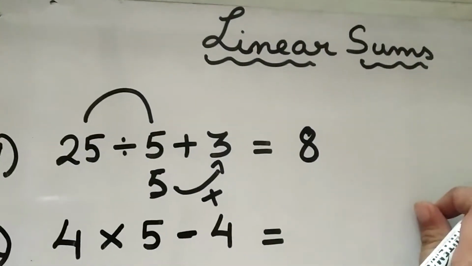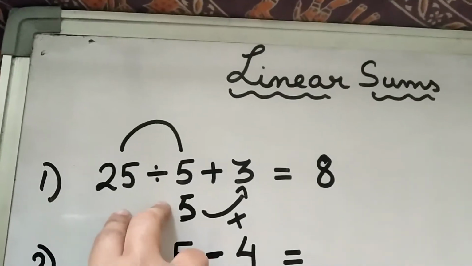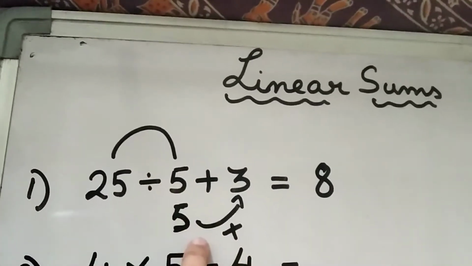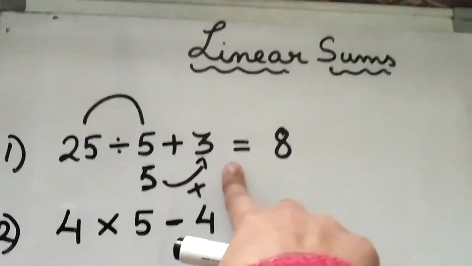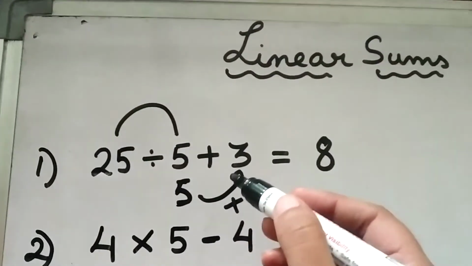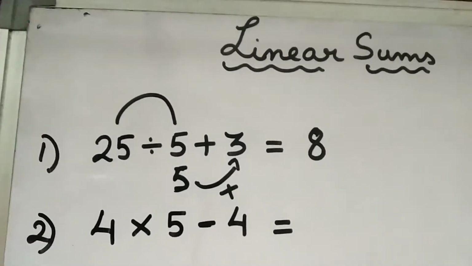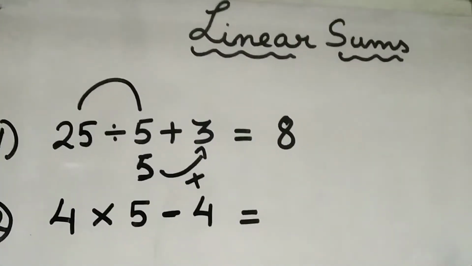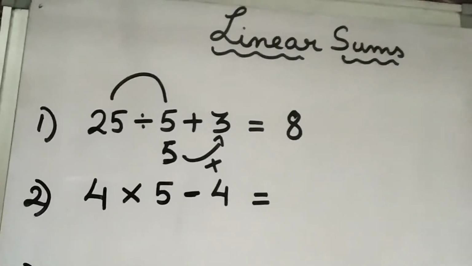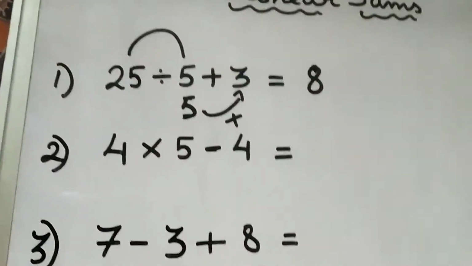So what we have done, children, is first we solved the first two parts and then we used the outcome of the first two parts to solve the last part. Make sure you look at the symbol that is given over here, because if you have copied it wrong or taken it the wrong way, then your answer will be completely wrong. So you have to look at the symbols carefully and then solve the question. Now let's come to the next part.